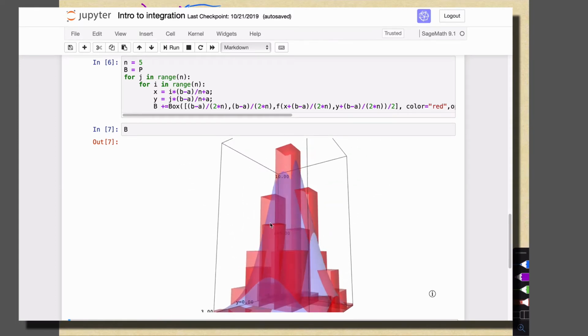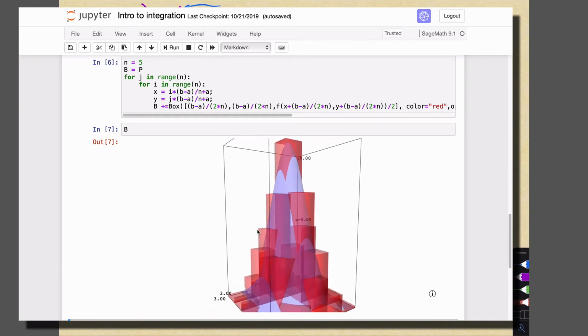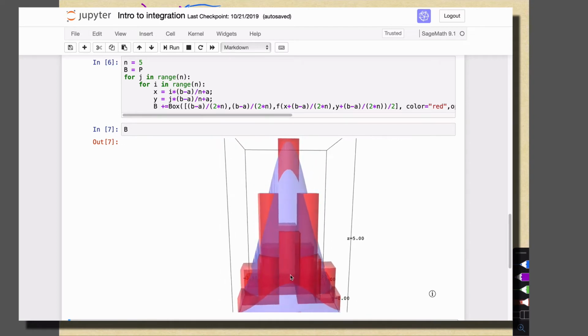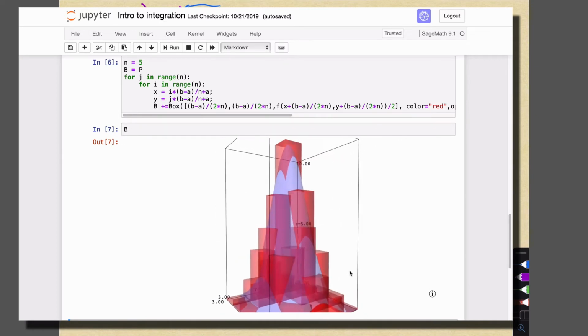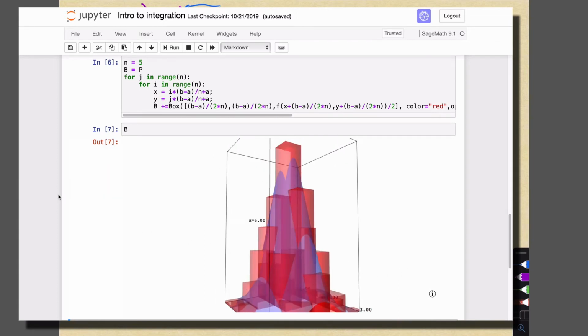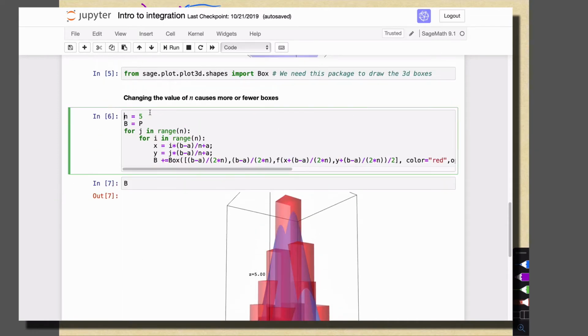But what we're claiming, and this is sort of the philosophy of the Riemann sum, is that if we add together the volume of these boxes, that's an okay approximation for the volume under this surface. And then if we change the number of divisions in each direction,